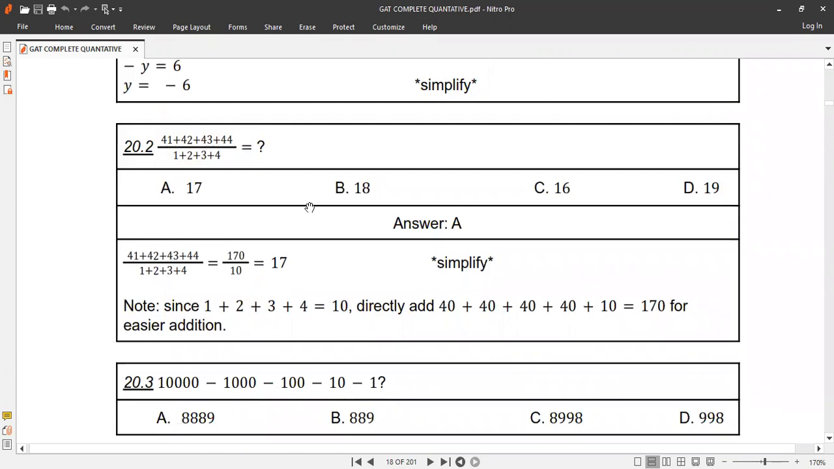This is a very easy question. You can do it mentally, guys. 10,000 minus 1,000 equals 9,000. I can do them step by step. 9,000 minus 100 equals 8,990, minus 10, only this becomes 80. Minus 1, it becomes,